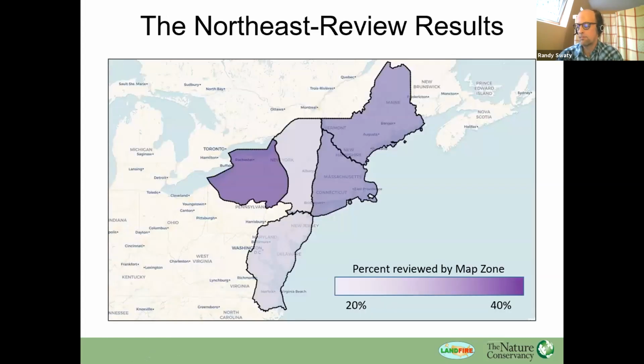Okay, so here's a map sort of depicting the results of the review that we started back in 2015. For each one of these polygons, which are LANDFIRE map zones, there's roughly 25 to 30 biophysical settings. And you see in Western New York, roughly 35% of those biophysical settings receive some review of some sort. It could be a total remap, it could be a total revision of the description and the model, or it could be just editorial comments. So the review results varied in intensity for each biophysical setting that did receive review.